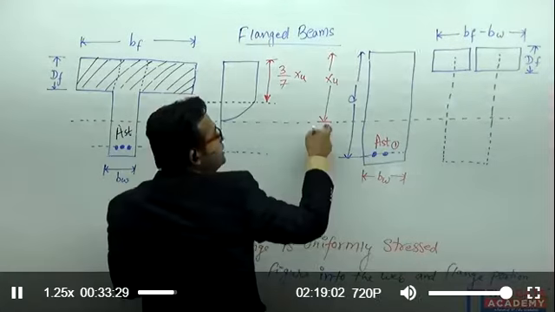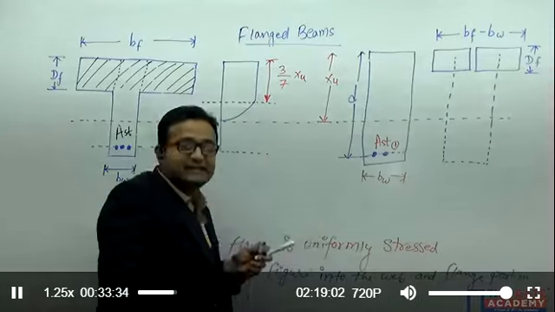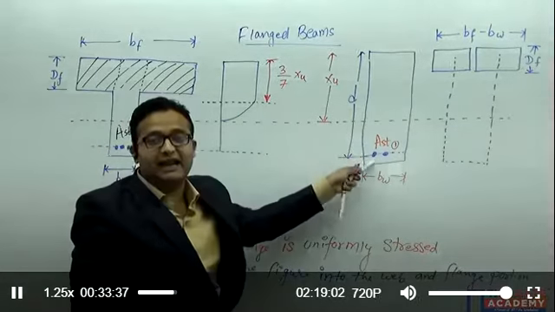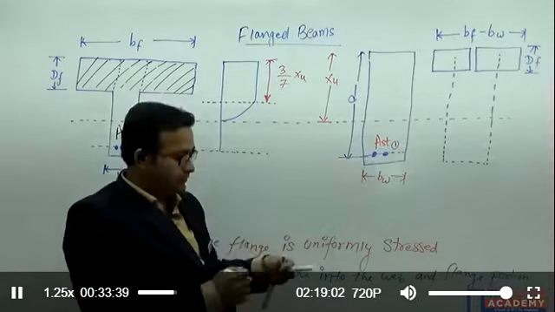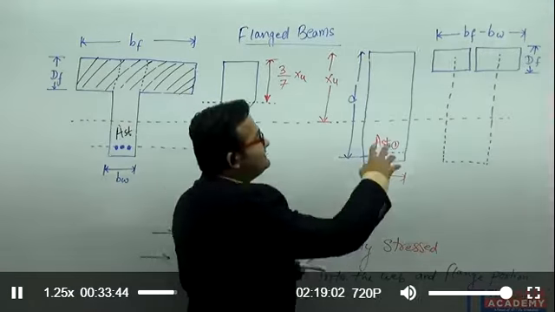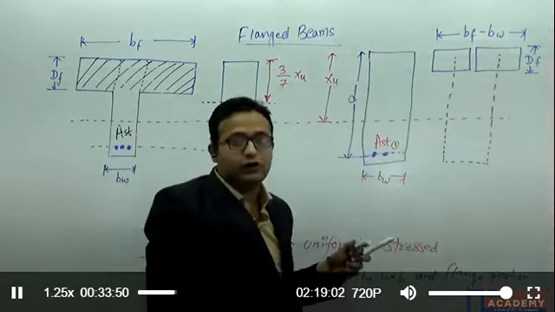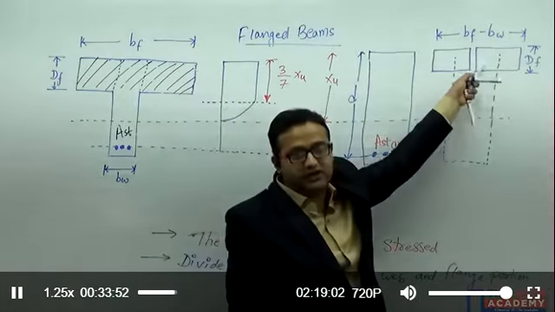This is the depth of the neutral axis. So here I can write that this web portion I can analyze as a singly reinforced beam. The total AST here I have provided is AST 1. For this concrete, here also this is the flange portion, it is also giving me the compressive forces.